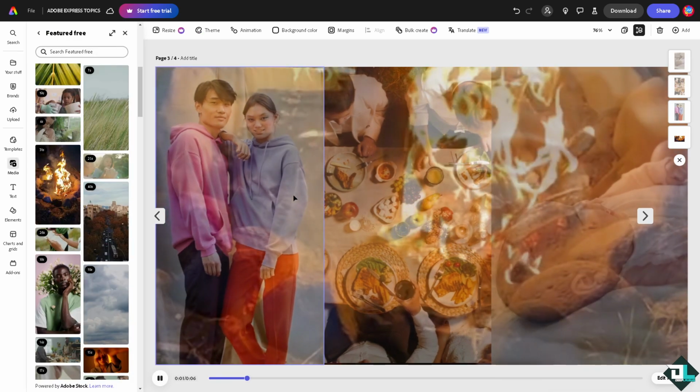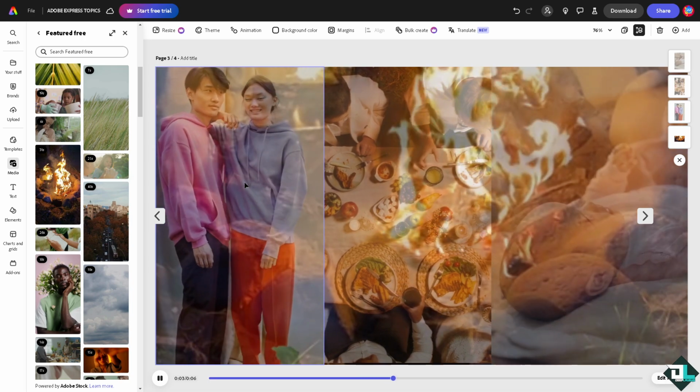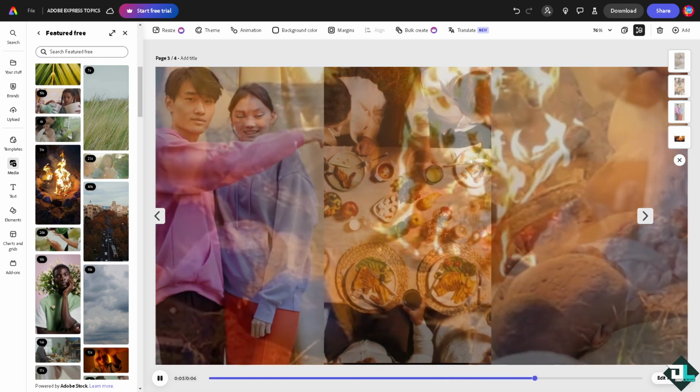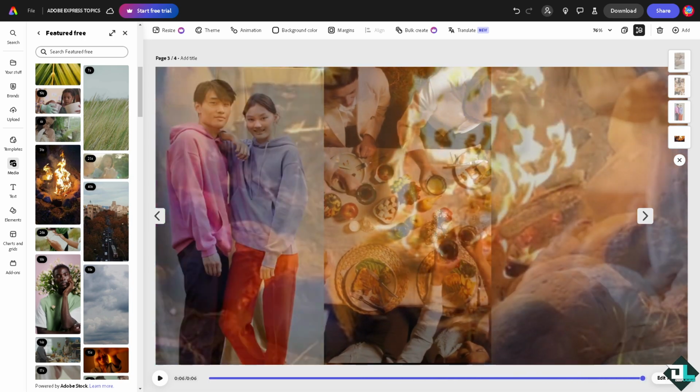All right, click on play. You see that we have blended the videos in one perfect design. All right, because if you want to have more control over blending, you can use other tools, then bring the result in Adobe Express. All right, once you're happy with it, you might want to go to the download option